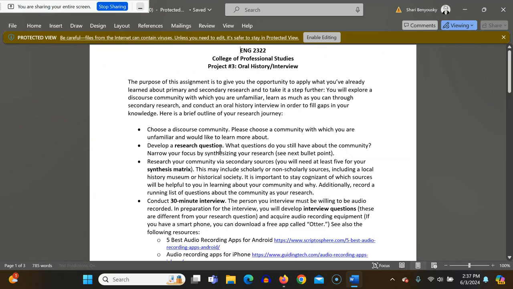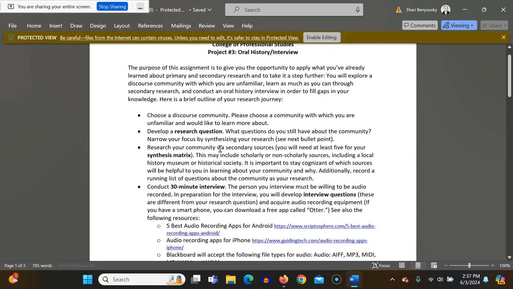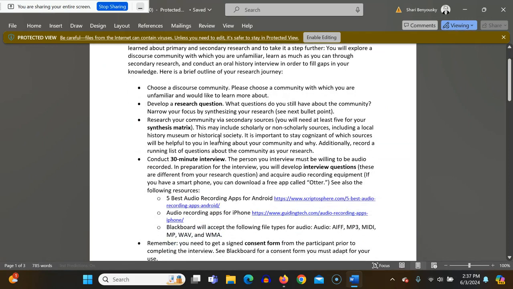So the research question is what comes from those observations and thoughts, right? So maybe the research question is, why do people not eat more fruit? Whatever the question might be that kind of pops up in your thought process. Then you're going to research this community using primary sources, interview, secondary sources, newspaper, whatever, research that finds out stuff